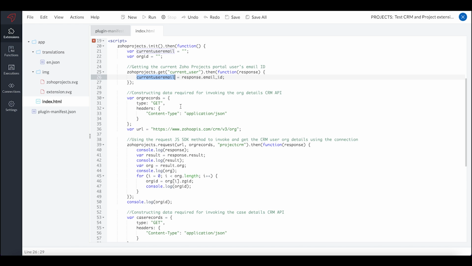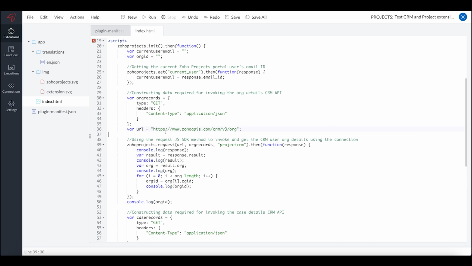Then we saw that we have an important JS SDK method, which is ZOHO.PROJECTS.request, which will invoke our third-party application URL, that is, in our case, the Zoho CRM REST APIs. In order to invoke this request method, three parameters will have to be passed to it. The first thing is that you'll have to pass the URL, that is, the API that needs to be invoked as part of this request method.